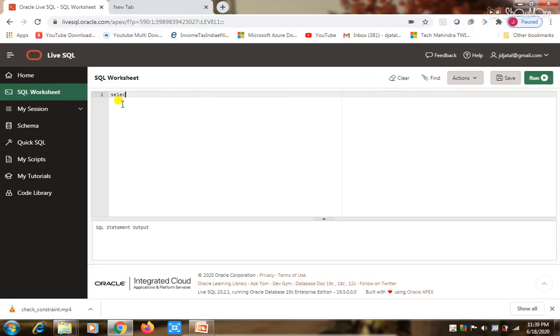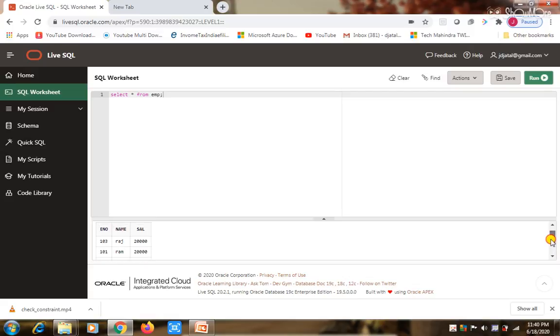Now to see all records of the EMP table, execute this statement. Here we are querying the table employee with the select statement. I want to display all records, all fields of the employee table, so I am using the star character: select star from EMP, which substitutes all the columns.